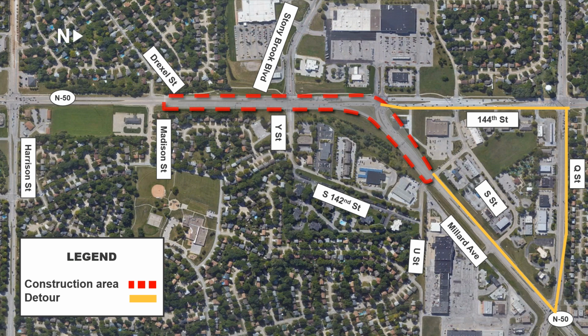This slide outlines the area of pavement replacement at this location. One lane of traffic will be maintained in each direction up to the intersection where Highway 50 splits and continues east, while 144th Street continues north. At this point during Phase 1, both directions of traffic will be required to take a detour route utilizing Q